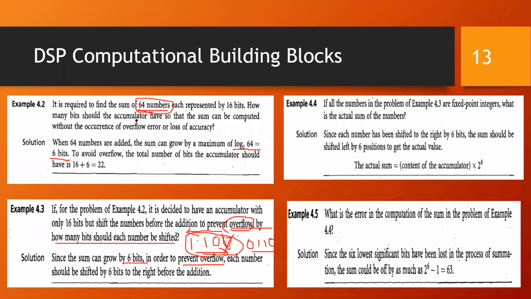Now, if you move it in this direction, it would be 1, 0, 0, 0. So what is happening is the MS bit is getting lost over here. If the same thing had to be done for this number, if I shift it in this direction, the number would be 0, 0, 0, 1. And if I shift it in the other direction, it would be 0, 1, 0, 0.